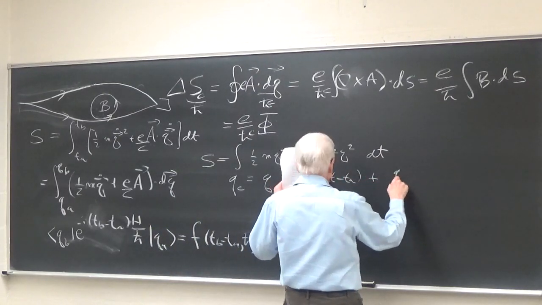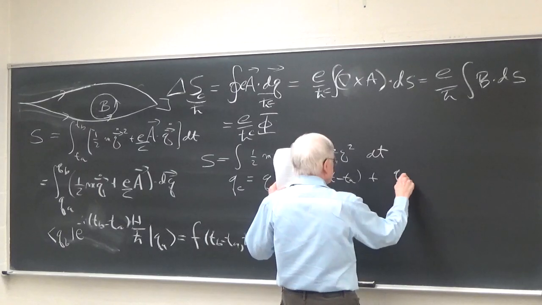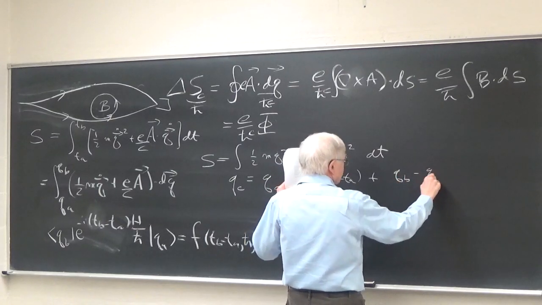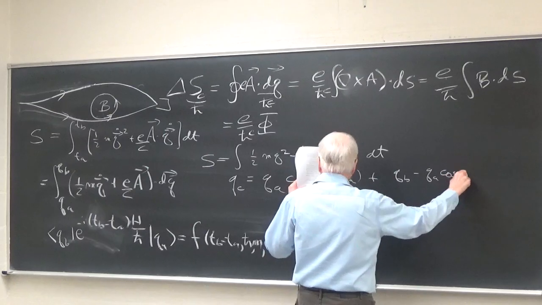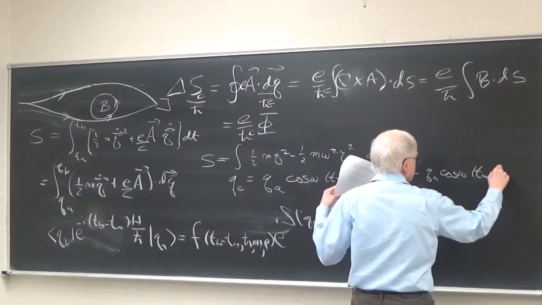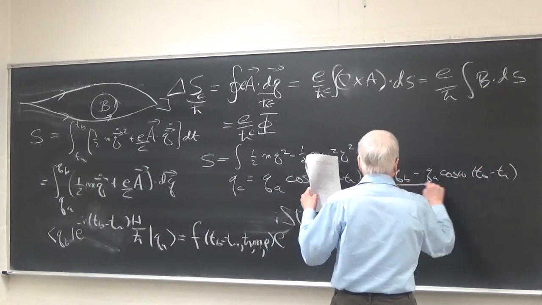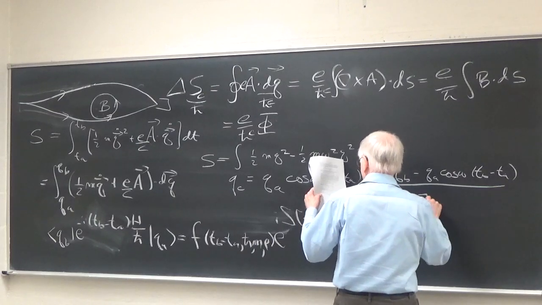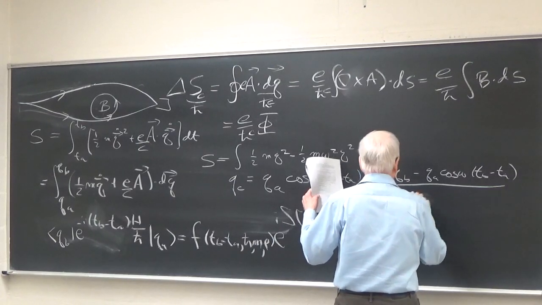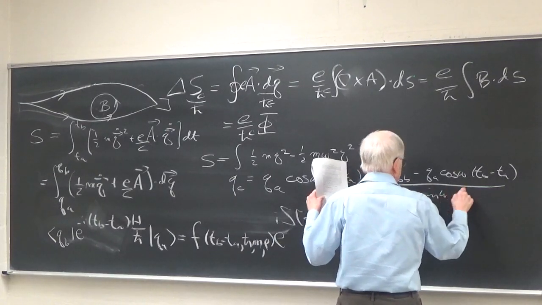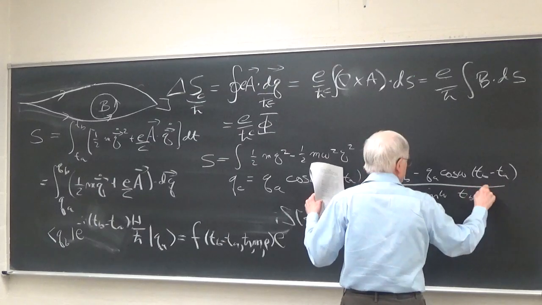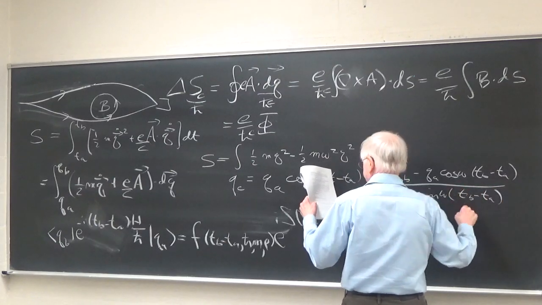These notes are, of course, online. It is q_A cosine omega (t minus t_A), plus q_B minus q_A cosine omega (t_B minus t_A) over sine omega (t_B minus t_A),